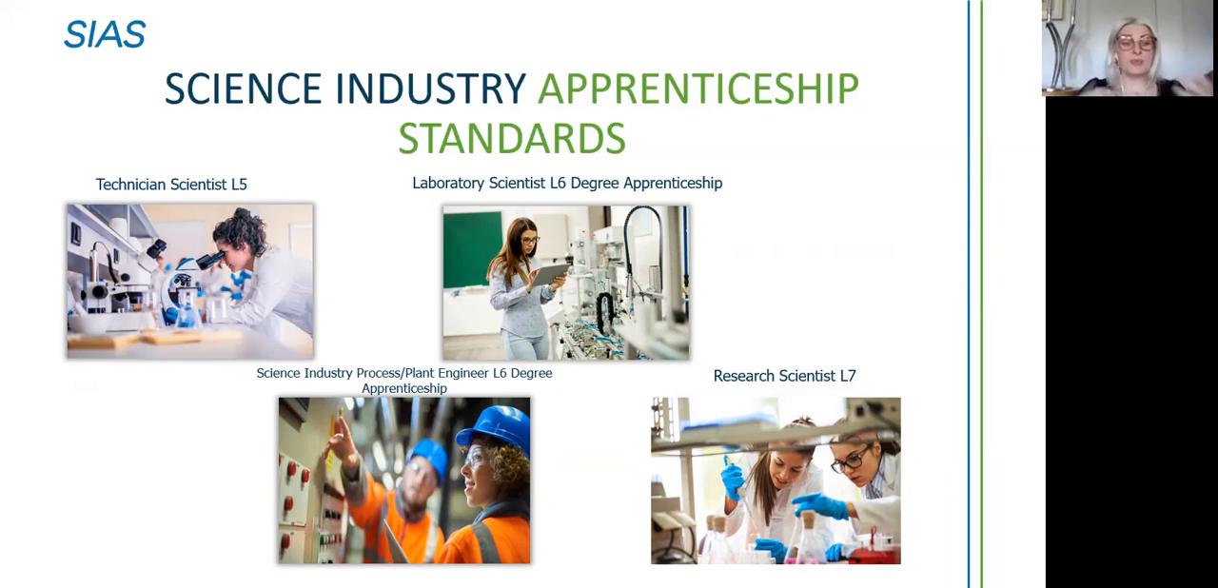Following on from that, we do have the science industry process plant degree apprenticeships, that's the SIPI apprenticeship, and then we have the research scientist at level 7 as well. Okay, so there's quite a raft of standards that service all through the science and engineering from 2 up to 7. So we're going to think, as I've said, a little bit more about the level 5